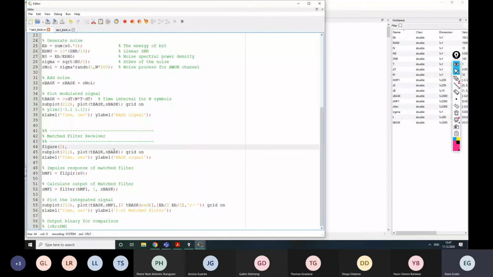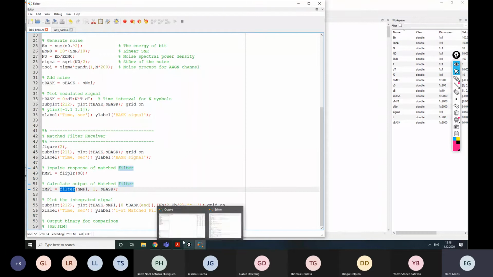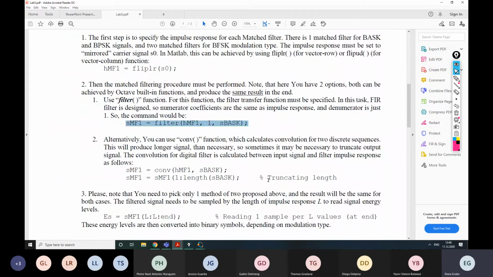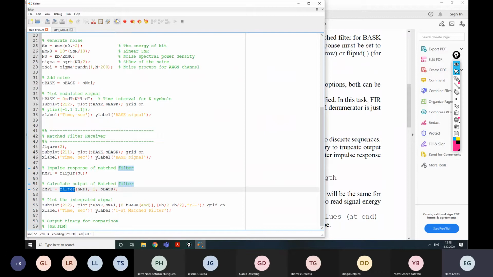And now we need to perform detection. So this is by using command filter. Let us finish this file first, then I will change to convolution and show you that actually that's the same. Now we have made step 2. Now we need to make step 3 to calculate the energy of the signal